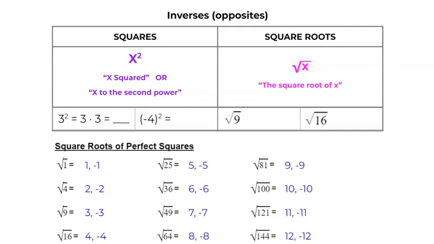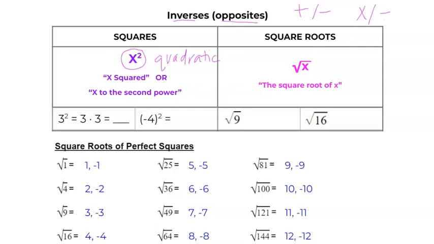First off, we have to talk about inverses, which mean opposites. Like addition and subtraction are inverses or opposites. Multiplication and division are inverses. And squares and square roots. So when you have x squared, which is a key marker that you have a quadratic equation, and this is pronounced x squared or x to the second power, we can use the square root to undo